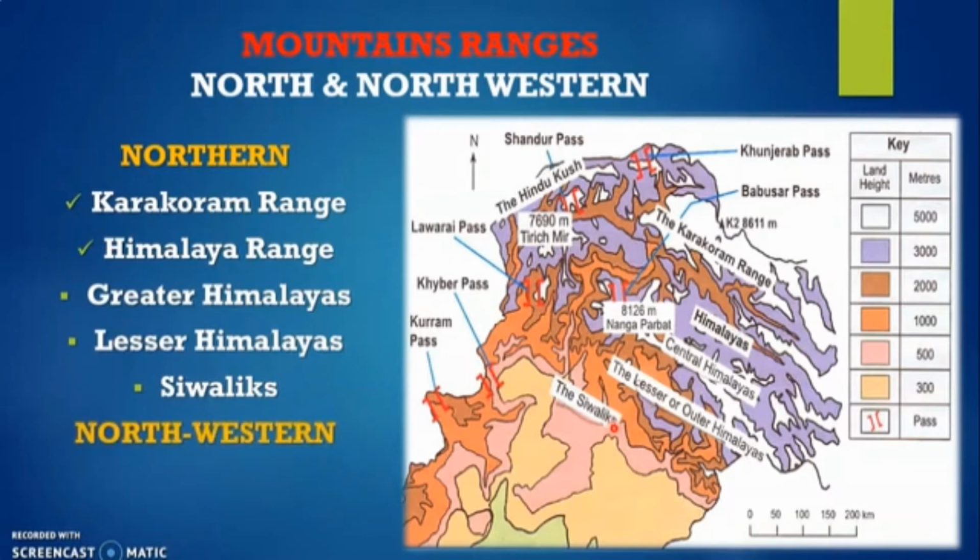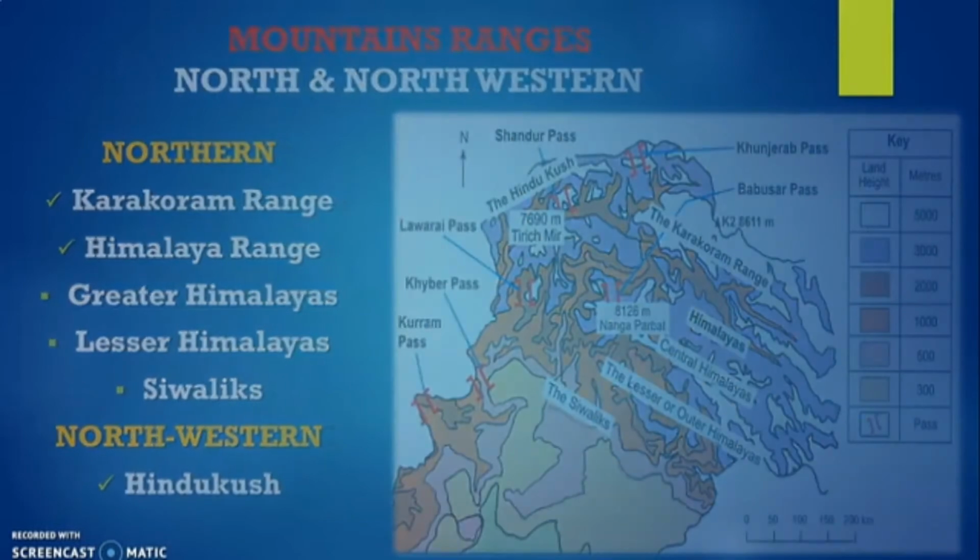Then if we talk about the northwestern areas, this is our northwestern direction, and the mountain range we have here is Hindu Kush. So this is the location of Hindu Kush. This is the relief, or the mountain ranges, we have of the north and northwest. Moving forward,